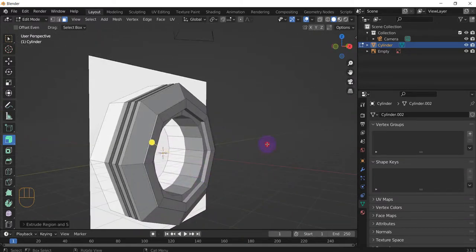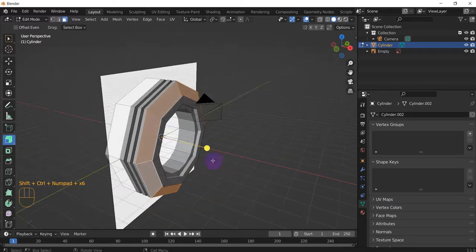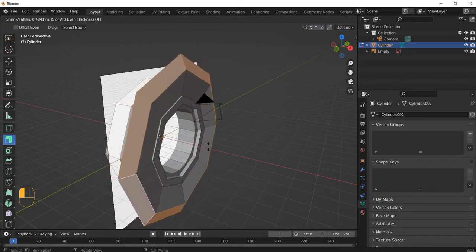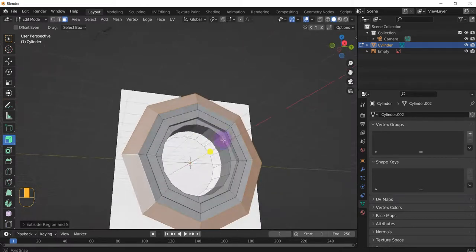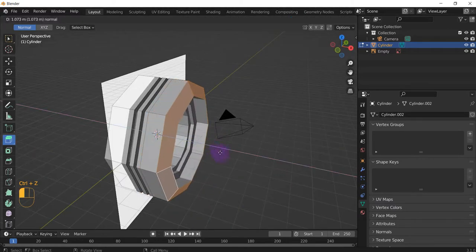All right. And again, if you want, maybe we can just try it on these faces. Shift plus plus plus, and so extruding with normals, outward or inward like this. That's pretty cool, right? If you take that off and then just go back, extrude region, then honestly it's just